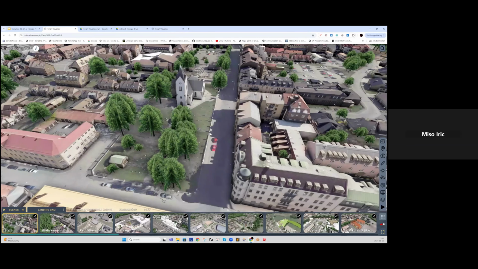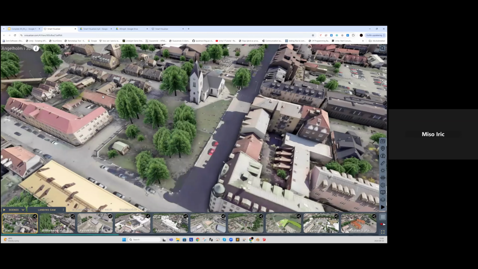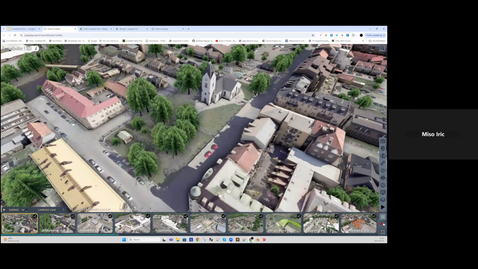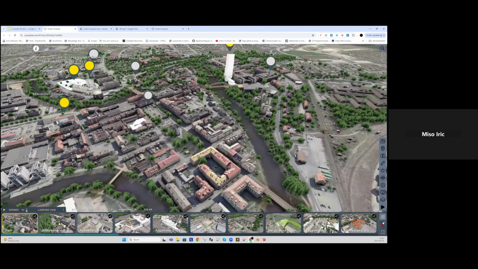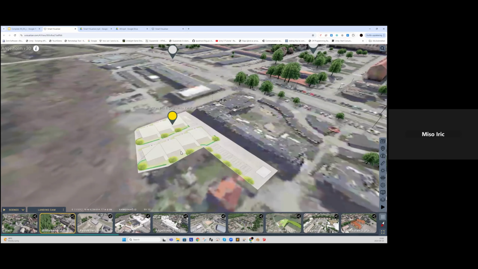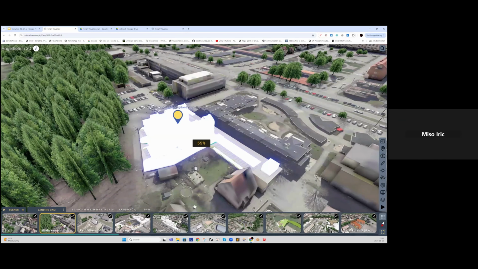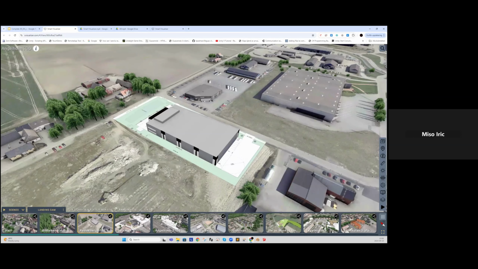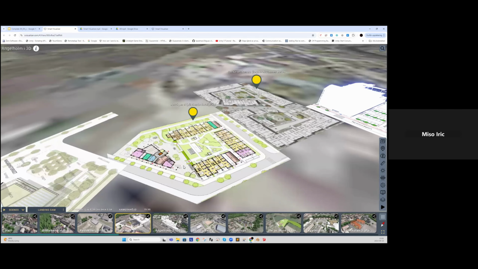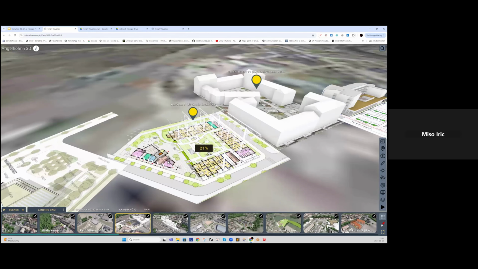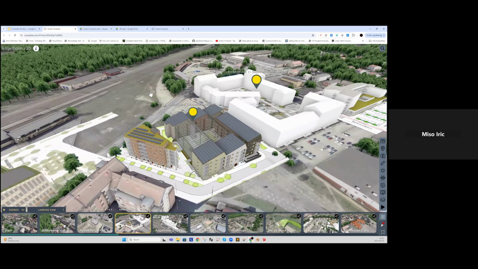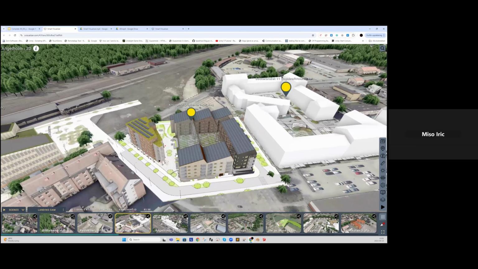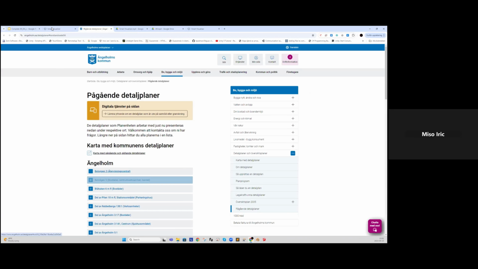In this project, they have gathered all their detailed plan projects together and created a scene for every project. When pressing the button, the scene will fly around and switch to the 3D model that needs to be visualized. So they can have endless data inside the visualization, switching between different projects. They are also creating information for citizens, who can go to a web page and read about different projects in the city.